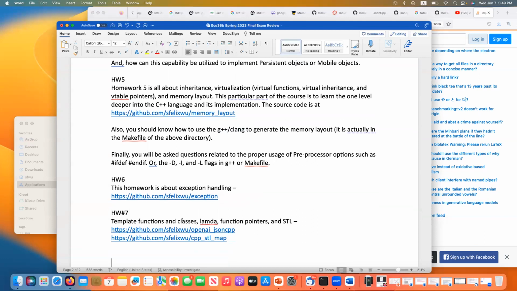Homework 7, the source code will be these two directories. The main directory will be the second one. For the first one, the only thing I will ask you about is OpenAI.http. That's the source code actually provided by the OpenAI community. Look at the code and try to find out, for example, what the STD library is. But then this part, the last link, was the lecture I gave